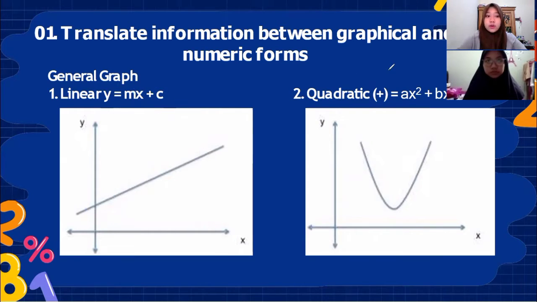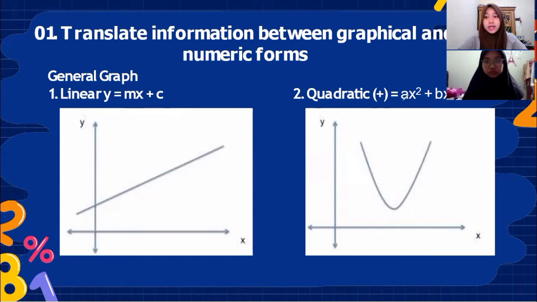The second form of the general graph is quadratic. Actually, there are two quadratic forms. The first one is the positive quadratic, and the second is the negative quadratic. The graph of a quadratic function is a U-shaped curve, called a parabola. The equation for this graph is y equal to ax squared plus bx plus c,